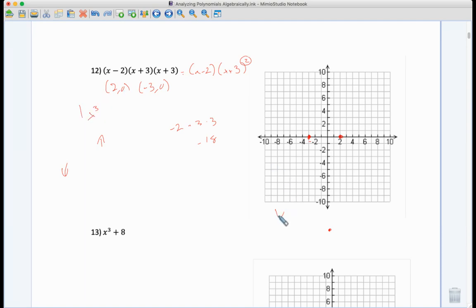And as I mentioned before, it's got a multiplicity of 2. So what's going to happen in my graph is it's going to touch this x-intercept and go back down towards my y-intercept. But then once again, as it comes back up, it's going to touch that x-intercept and come all the way back up again. And I know this isn't the prettiest looking graph,